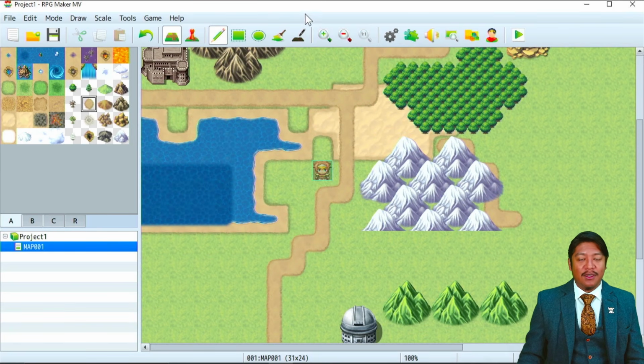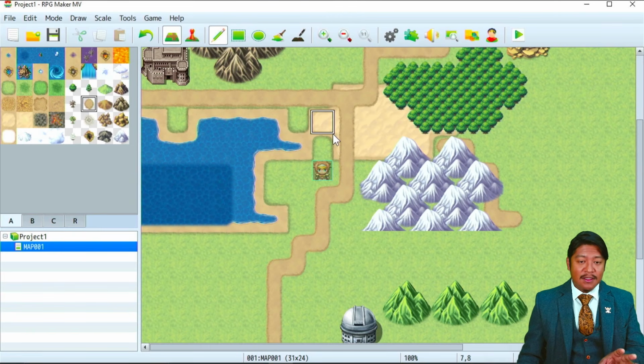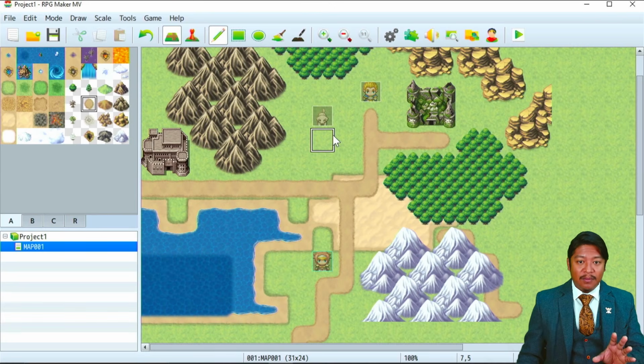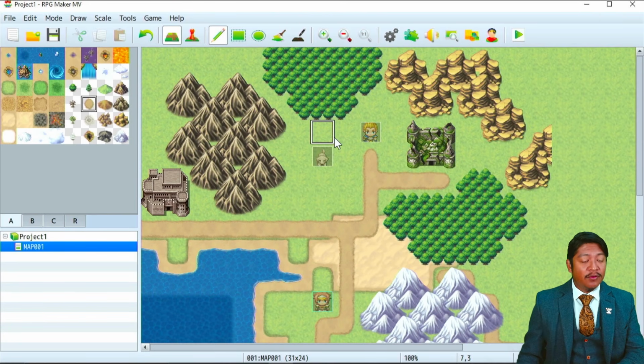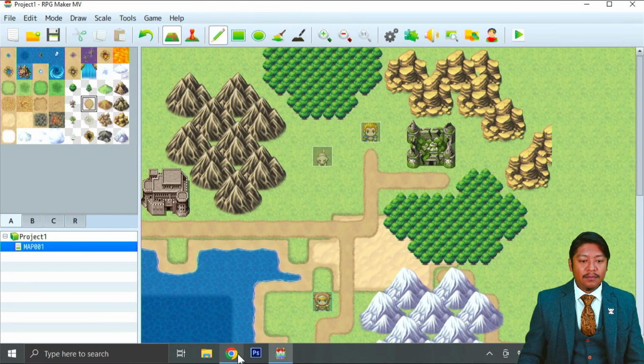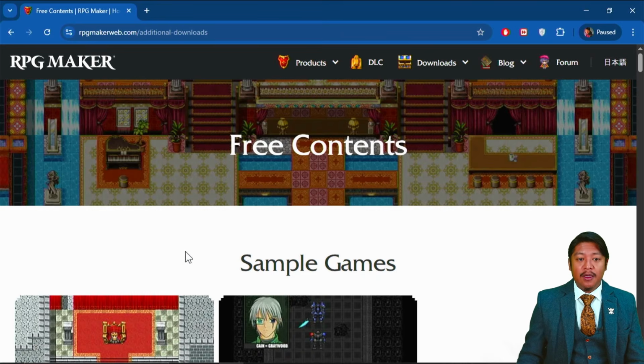That's very interesting. But what if we would like to add graphics that don't exist in the base assets for RPG Maker? Let's go ahead, save our work, and check out the internet. Please ensure that you have your parent or guardian's permission before logging on to the internet. If we take a look at